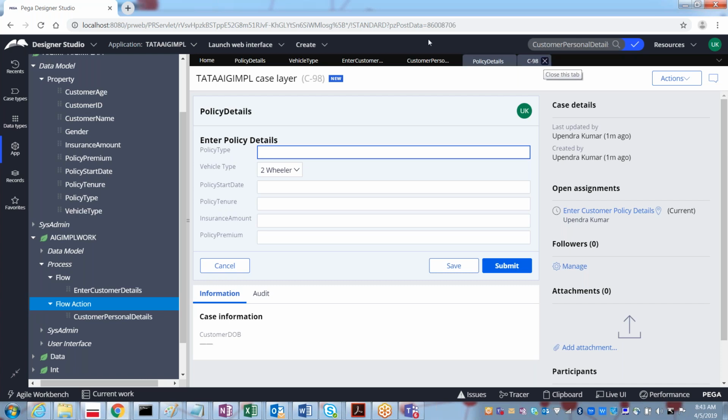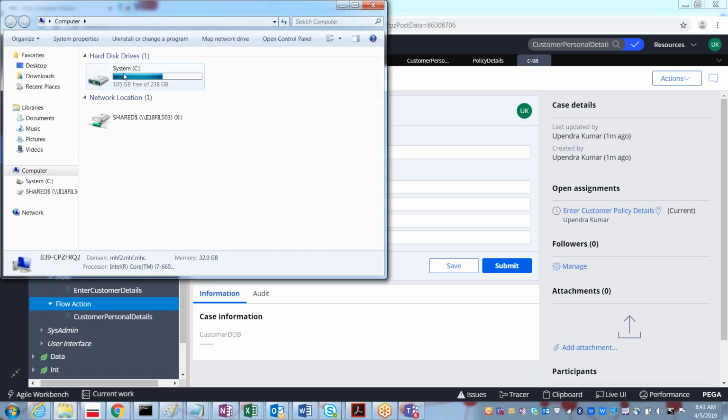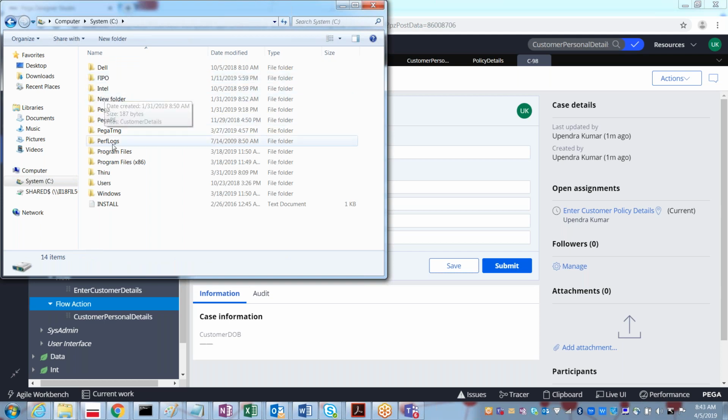Generally it will be under the C drive, where you install your Pega software.